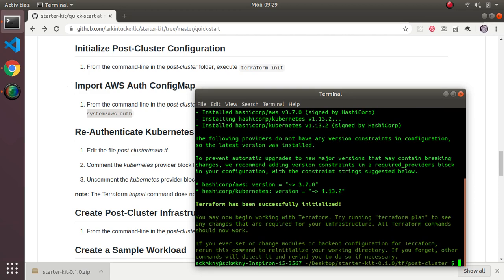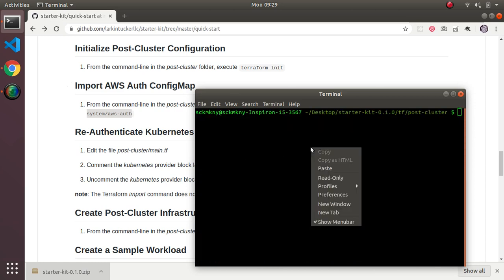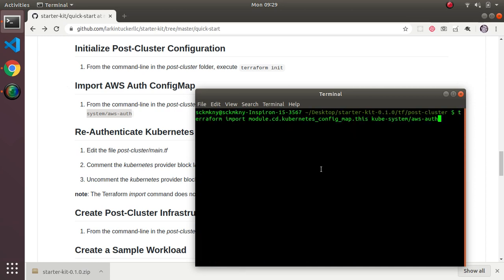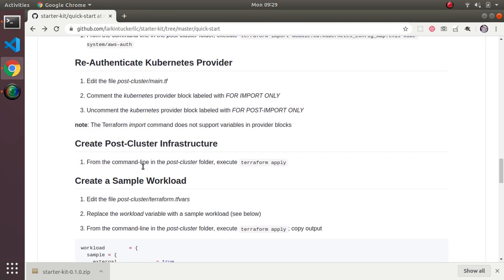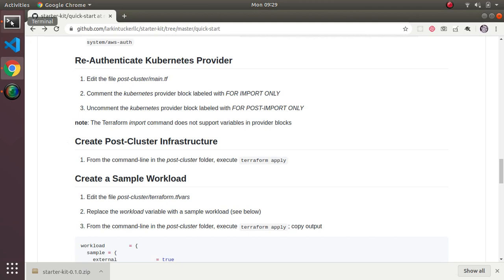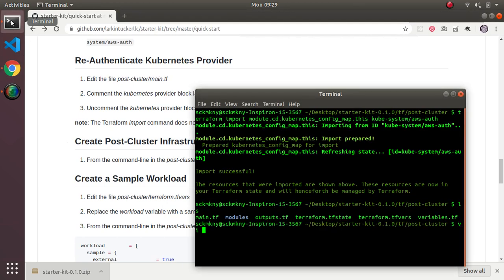About a minute. Okay, and now I run the command that I meant to do. If it works right, I should get a successful import of the, yeah, it did. So I pulled in this config map, okay? That's it. Now we're going to go back into that same main file, vi